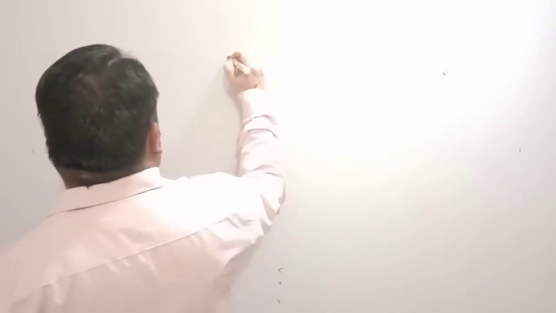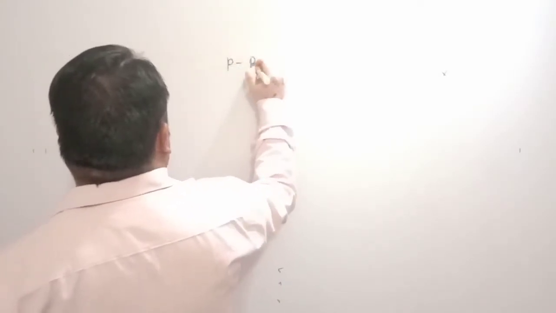Morning students. So yesterday we had discussed preparation of halogens, in which we had seen the preparation of chlorine gas, its laboratory preparation and its manufacturing. Also we had seen the manufacturing of HCl as well as the laboratory preparation of HCl. Then we were to discuss interhalogen compounds. So this is a topic from P block elements.